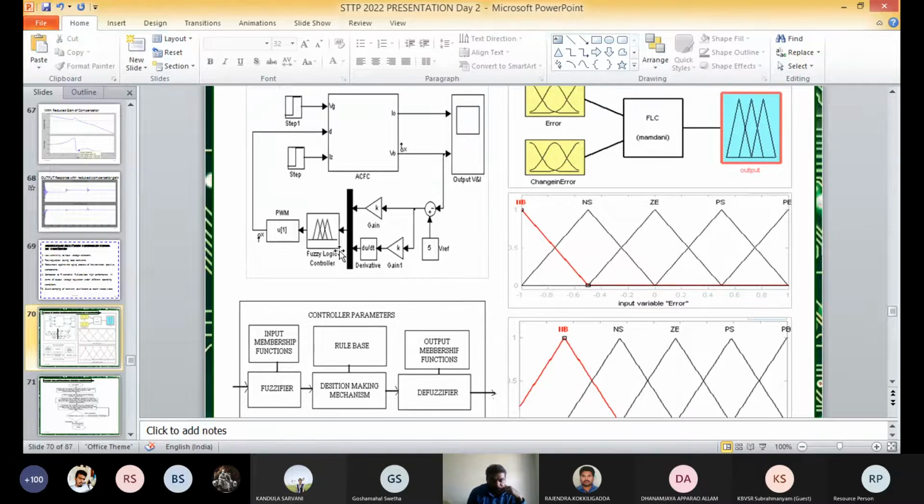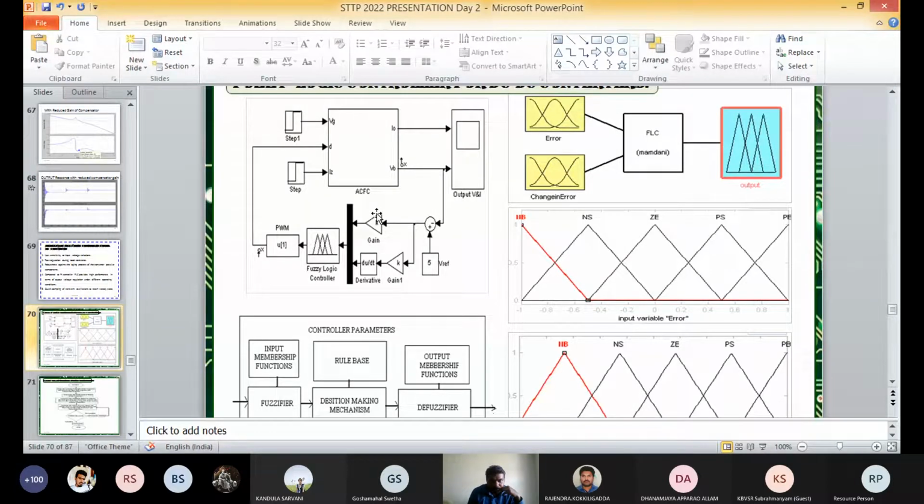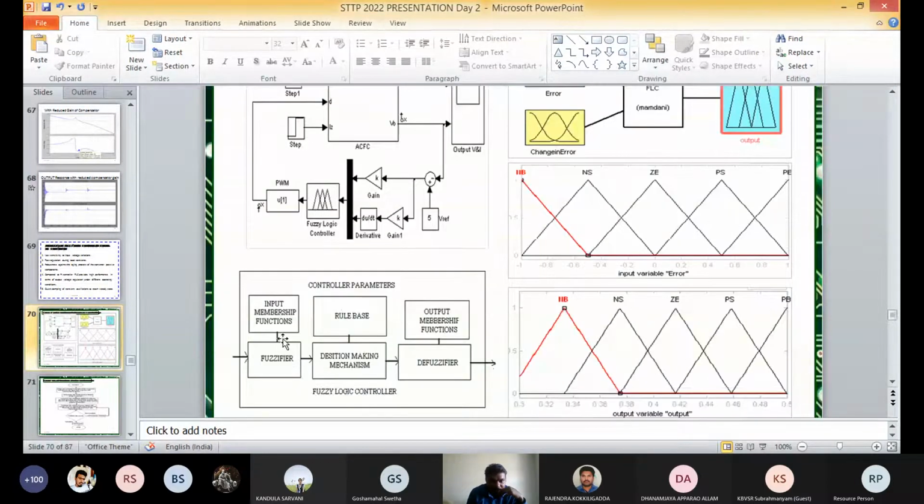Okay, so here inside the fuzzy logic controller there is the input membership function, this is the fuzzifier, and the output membership function, this is the defuzzifier, and inside there is a decision maker mechanism. So here one thing we need to observe: what is the necessity of the controller? We need to observe here. So the necessity of the controller is